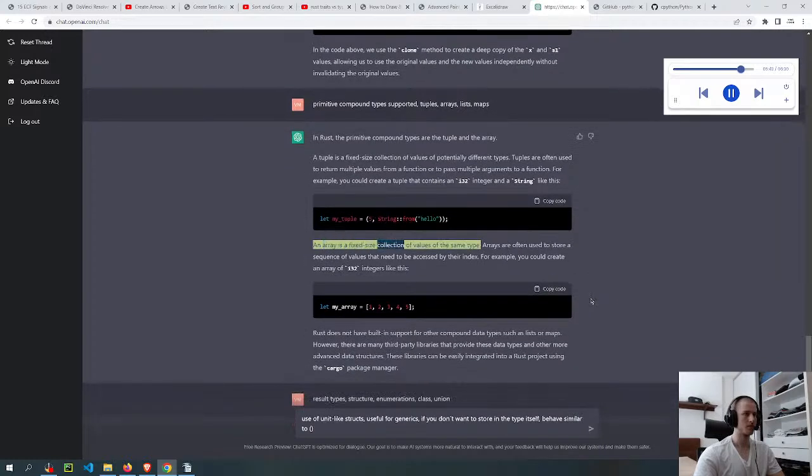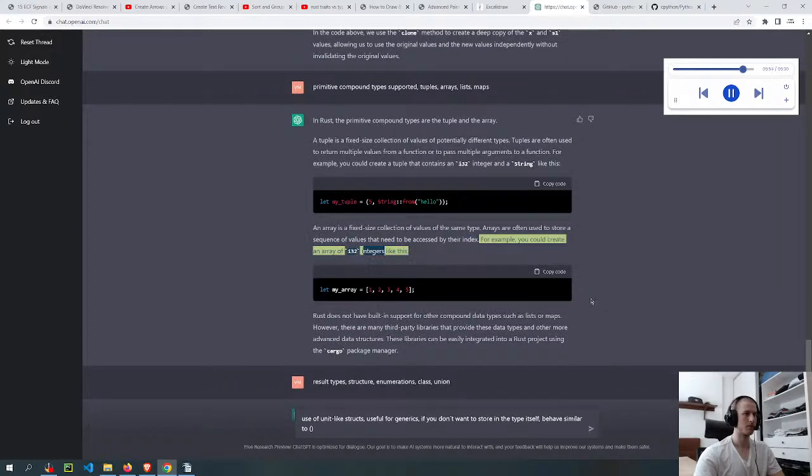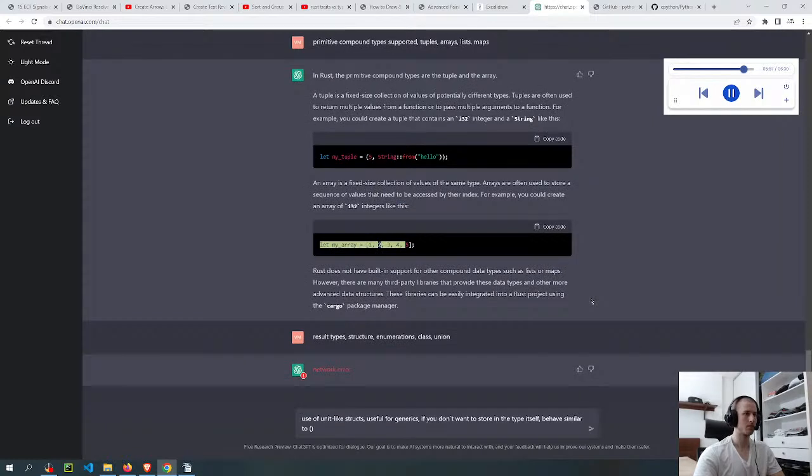An array is a fixed-size collection of values of the same type. Arrays are often used to store a sequence of values that need to be accessed by their index. For example, you could create an array of i32 integers like this. let myArray = [1, 2, 3, 4, 5];